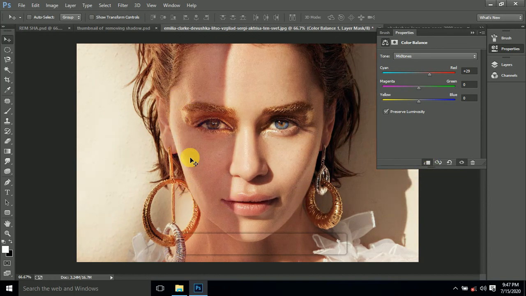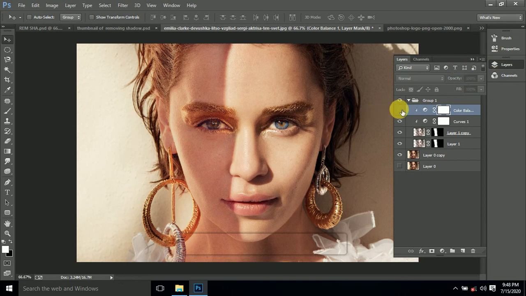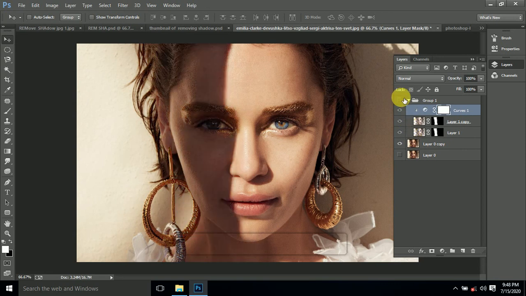When you click on mask, it will change only the darkness where you have applied. So like this you can change. You can increase yellowness as well, but we need a little bit of redness and whiteness. I will not apply this. If you want, you can apply. I will delete this, and now this is the before and this is the after.